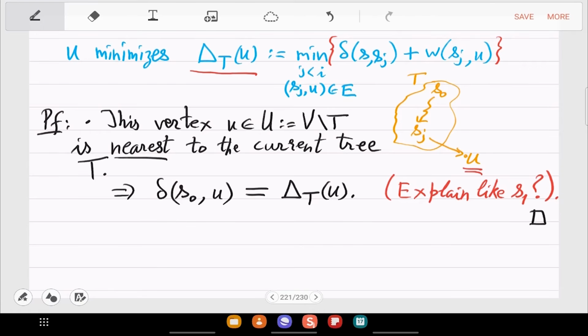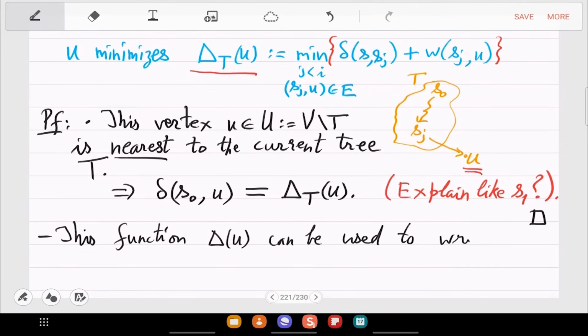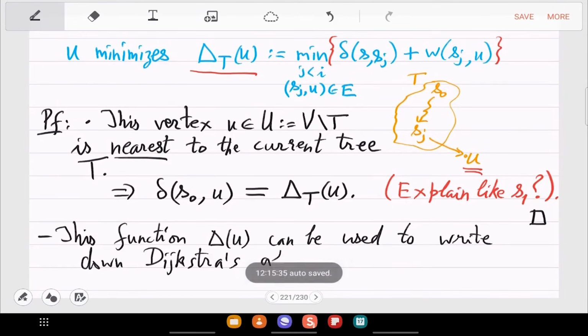Shortest paths will be found by drawing this tree, starting from S. So this function delta U can be used to write down Dijkstra's algorithm for single source shortest path.